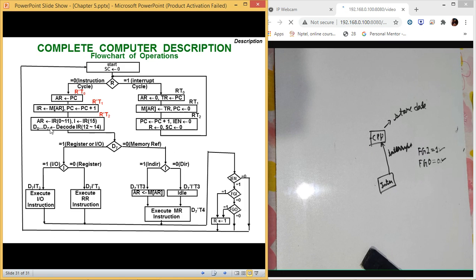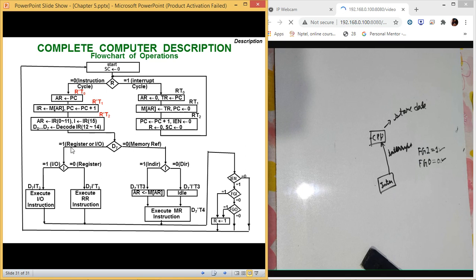Now after this, this is the complete computer description, which includes our instruction cycle on one side and interrupt cycle on the other side. The rest of the things are similar. We haven't added anything into it. All this stuff you have already done. On one side you have the instruction cycle, which is execution: first of all fetch, then decode, then execute.